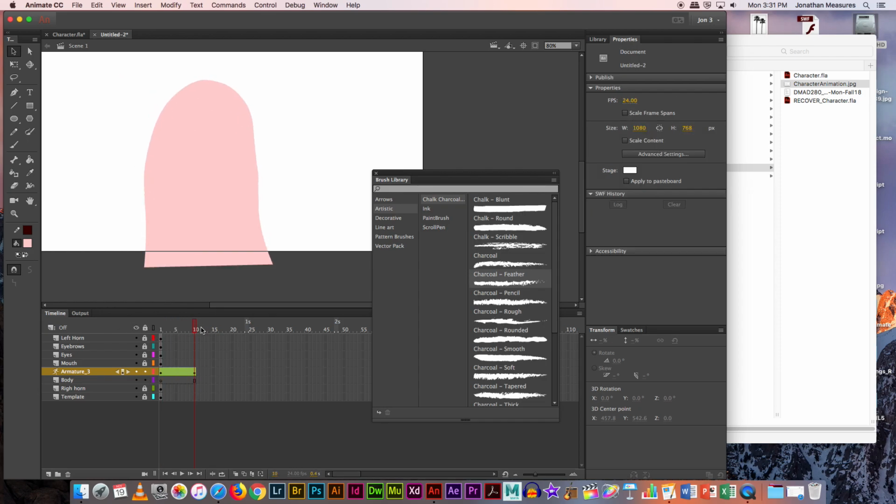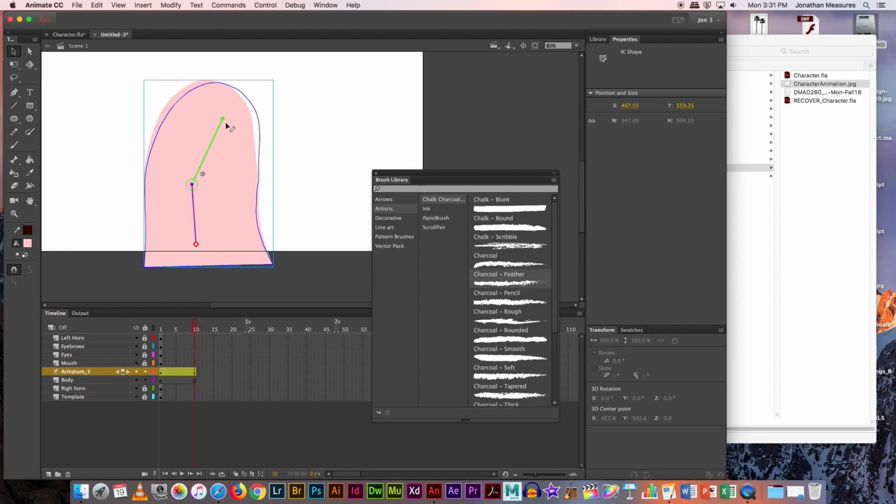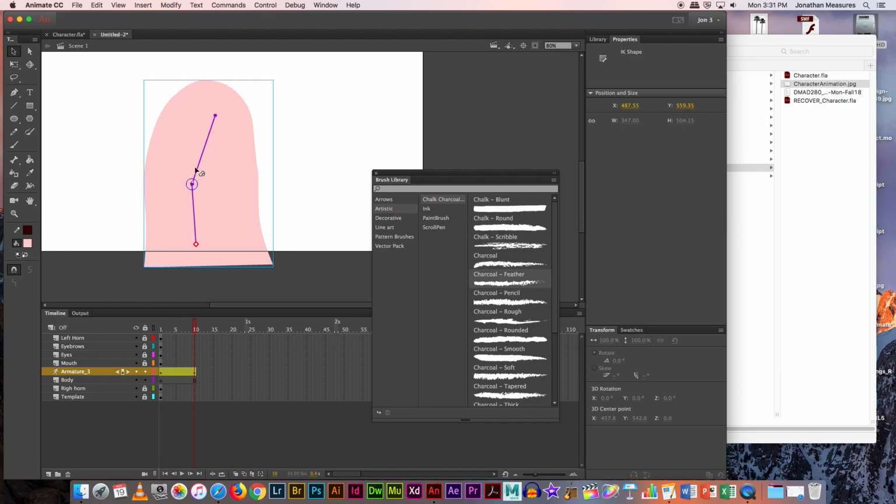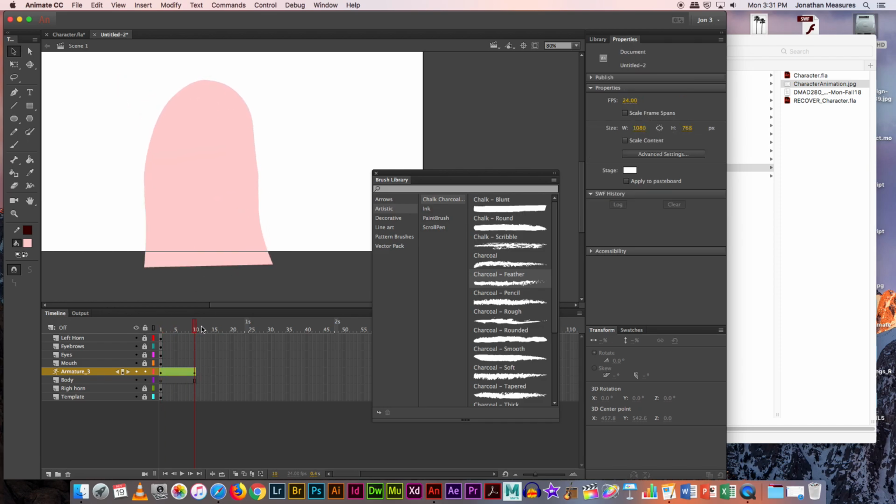So for that particular movement, this would be a much quicker way of doing it, because we avoid having to do all that shape hinting. You may find if you have to bend it too far that it starts to distort too much. Like if I go here, you can see that on the side here it starts to break up. But as long as the movement is fairly small, you can usually get away with just using the bone tool